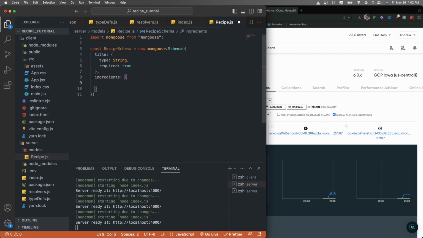Now, ingredients is going to be a little bit more complex than just a simple string, because we have ingredient names and then ingredient measures. What we want is we're going to have our list of ingredients. So we need to set this, since it's going to be a little bit more complex than just a core type, we need to set it to be its own schema. So we're going to say type of ingredient schema